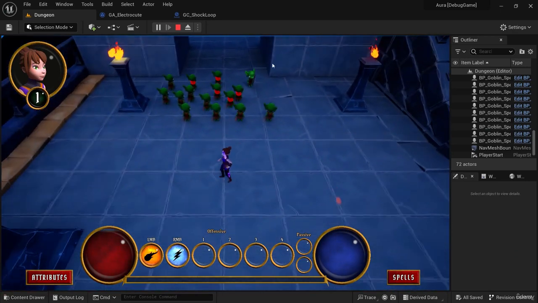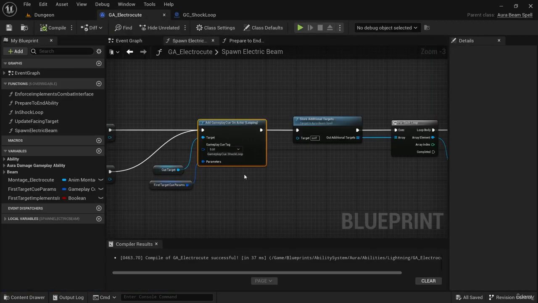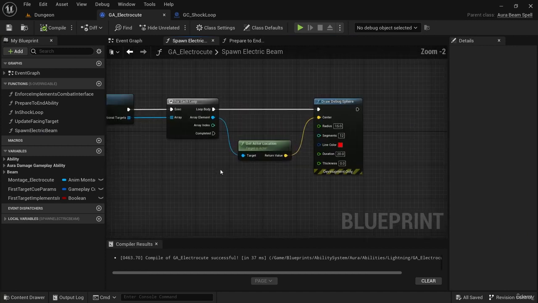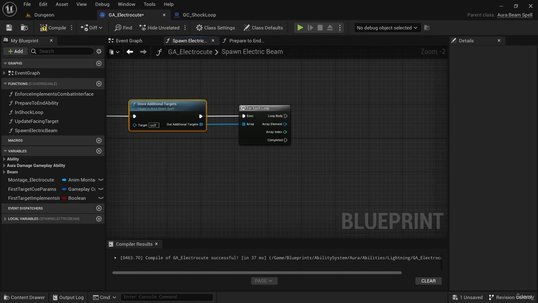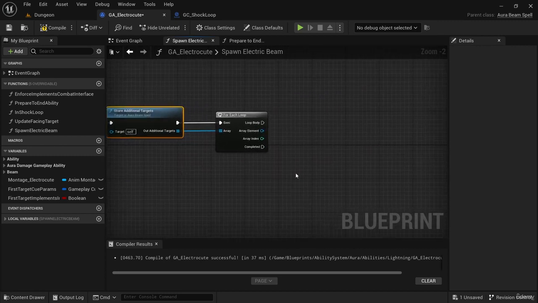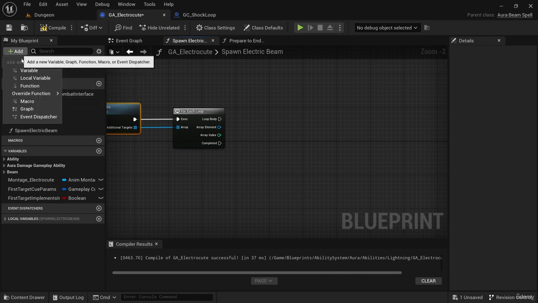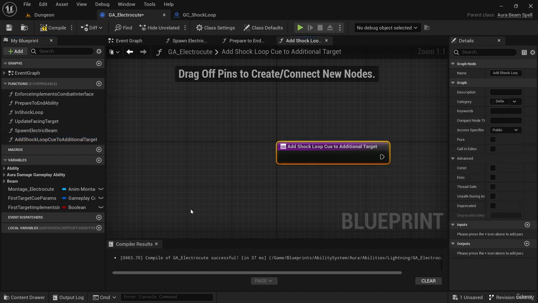So how are we going to spawn beams from that enemy to those additional targets? Let's talk about that. Well, first, I'm going to remove the debug sphere. And for each of our additional targets that we get, I'd like to make a function to handle adding that shock loop cue to those enemies. So I'm going to make a function, and I'm going to call this add shock loop cue to additional target. And it's going to just take an actor. So we'll give it an input,